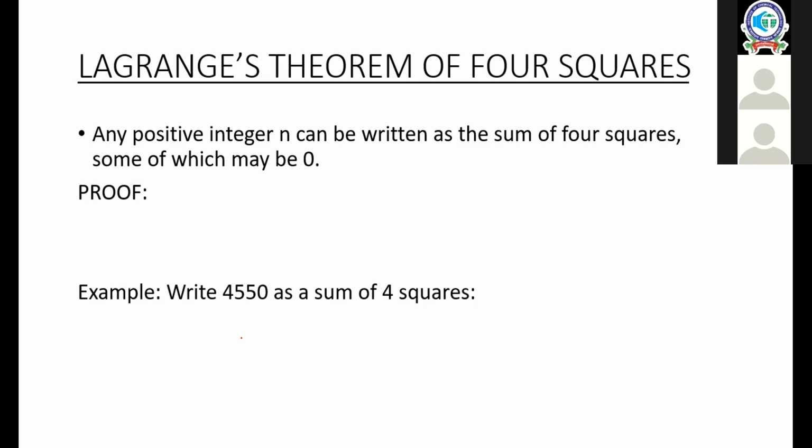And just one last example. If we have the number 4550, we can write it as a sum of 4 squares. 4550 is equal to 2 into 5 square into 7 into 13. For 5 square, we don't have to do anything. We can write 2 as a sum of 4 squares, and 7 and 13 the same way. Then we use Euler's identity that we just saw and multiply those, and we get the final expression for 4550 as a sum of 4 squares. If we want, I can write it in a text box. Okay, that's it, sir.